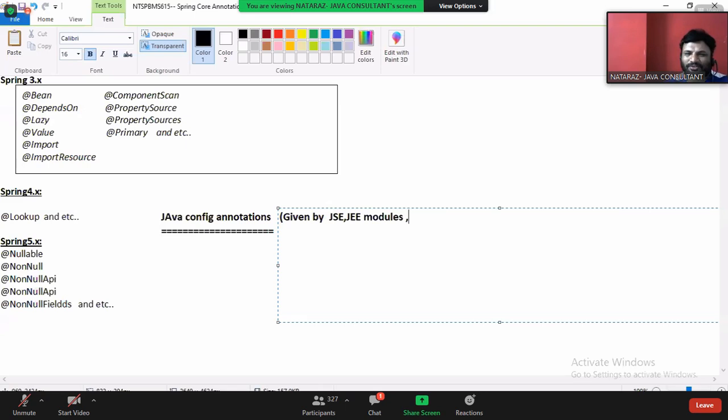So every technology and framework can provide functionality as per their need. So these annotations fully support